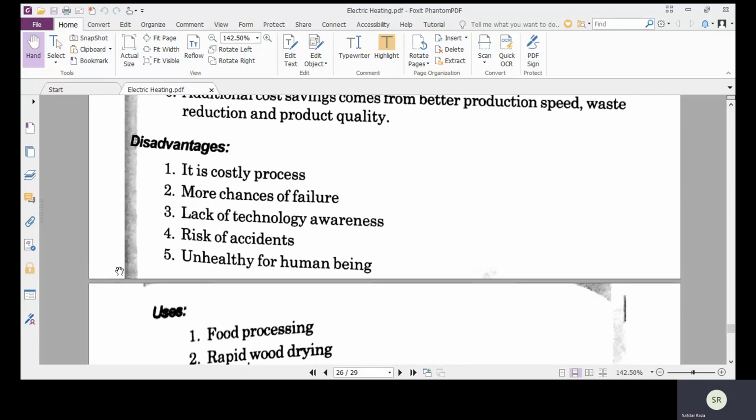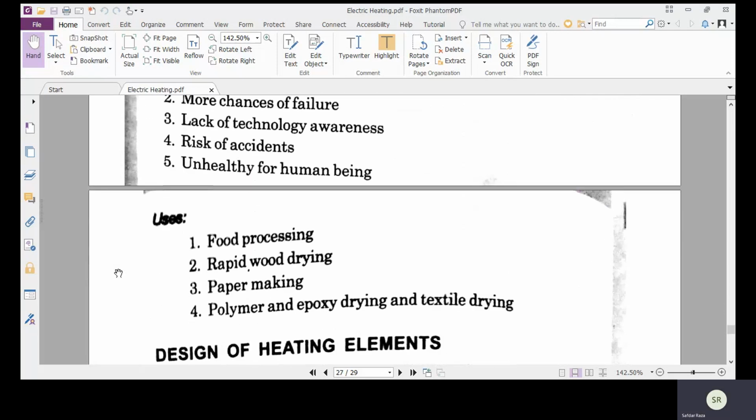The disadvantages include that it is a costly process, more chances of failure, lack of technology awareness, risk of accident, and it is unhealthy for human beings. And it is used in food processing, rapid wood drying, paper making, polymer and epoxy drying, and